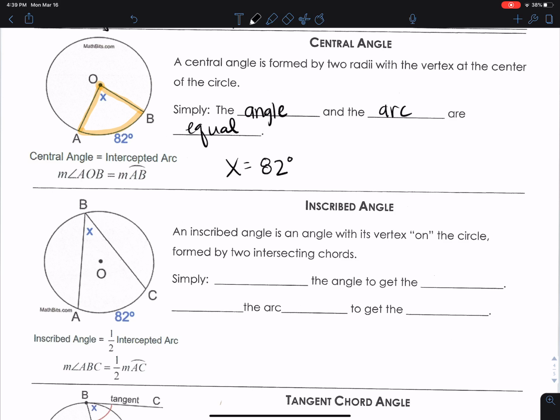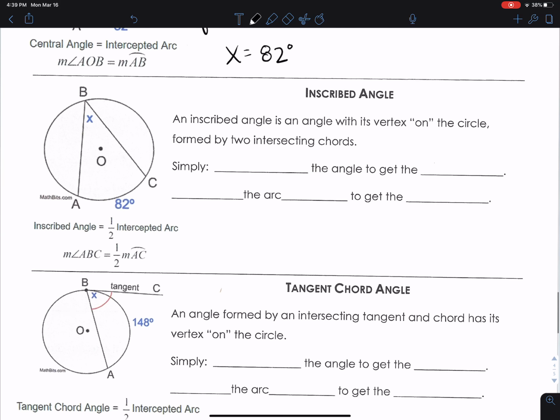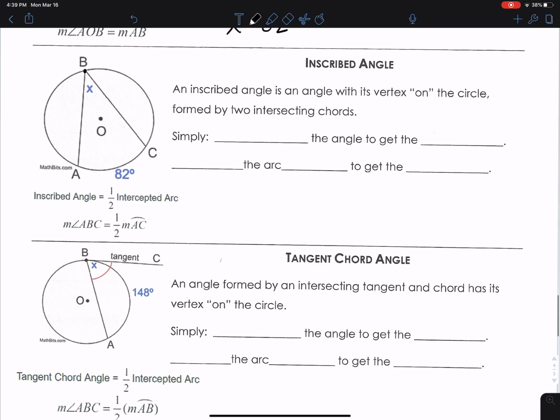So they're just the same. And that one should be pretty easy. So that's when you have the vertex of the angle at the center. The next one is when the vertex is on the circumference, or when it's on the circle, and the rays